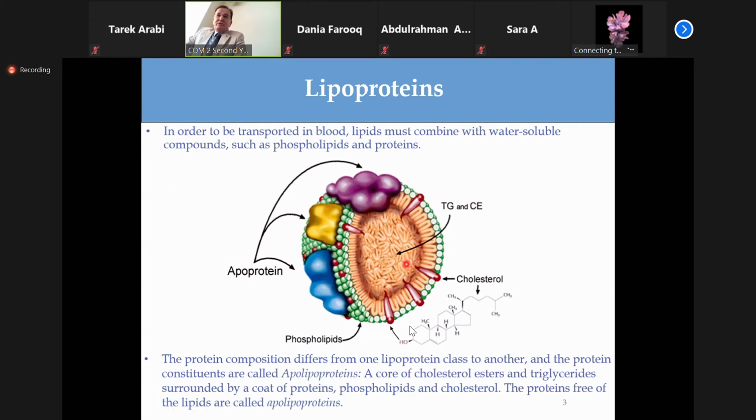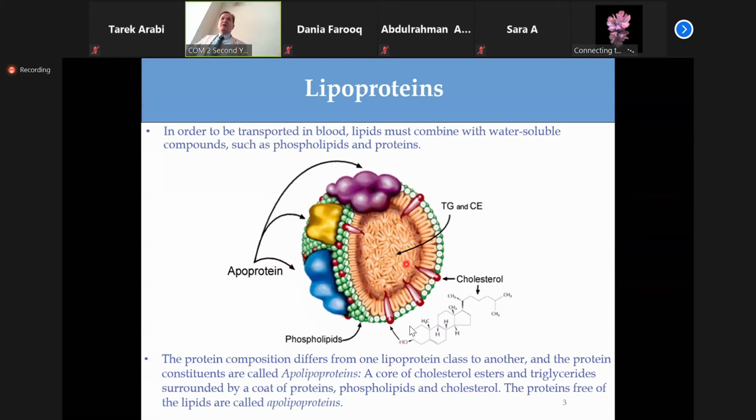Does it dissolve in water? Exactly. Hydrophobic. This is why this is the best way to transport it, because since it's hydrophobic, and we know that plasma is hydrophilic, aqueous in nature,